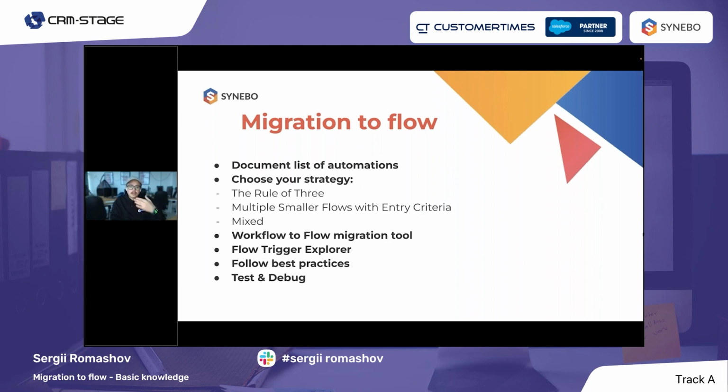Then you can use the workflow to flow migration tool. This allows you to automatically migrate workflows to flows, but it's not that helpful yet because it converts workflow per flow. So it means that if you have 100 workflows, it will convert them to 100 flows. Also, it doesn't work with formulas in your criteria. In a workflow rule, you have 2 ways to build your criteria: formula or conditions. So it works only with conditions. Sorry, it doesn't work with the formula